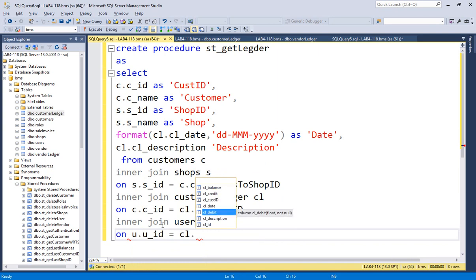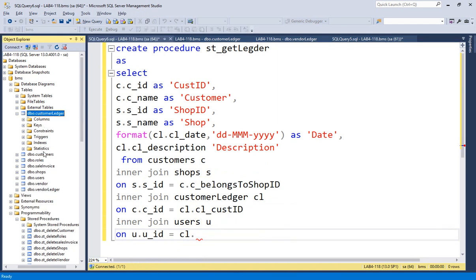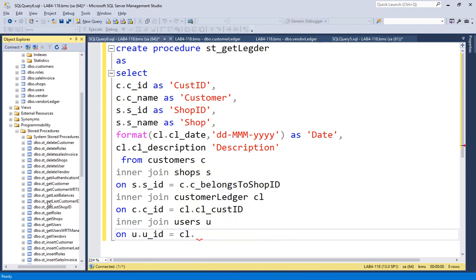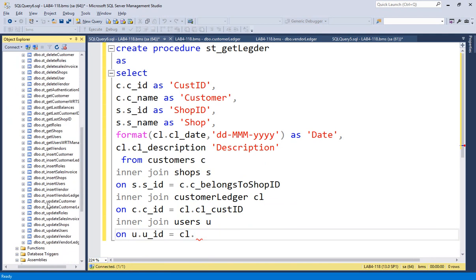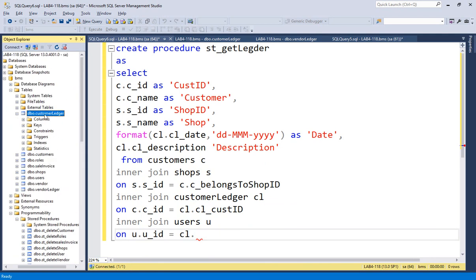Where is that? There is no user id. That's also a problem, because you would have to use the sales invoice table to know who posted this invoice, and all these things you have to mention inside the customer ledger table also. So what you can do, you can come here, first go to the customer ledger and design,